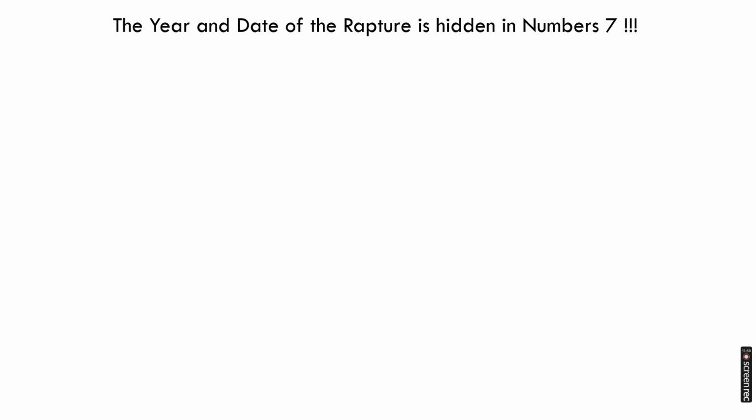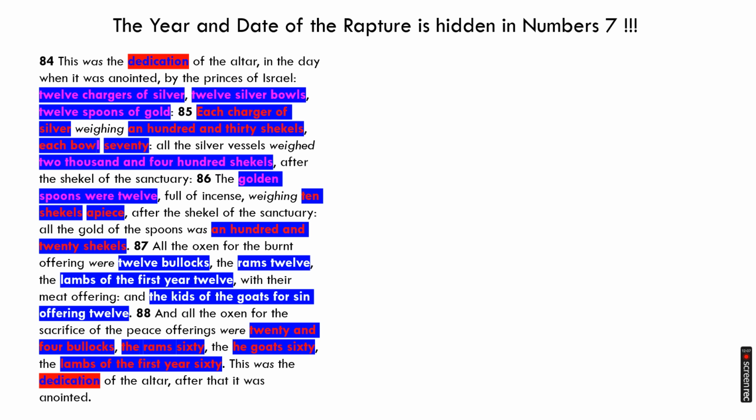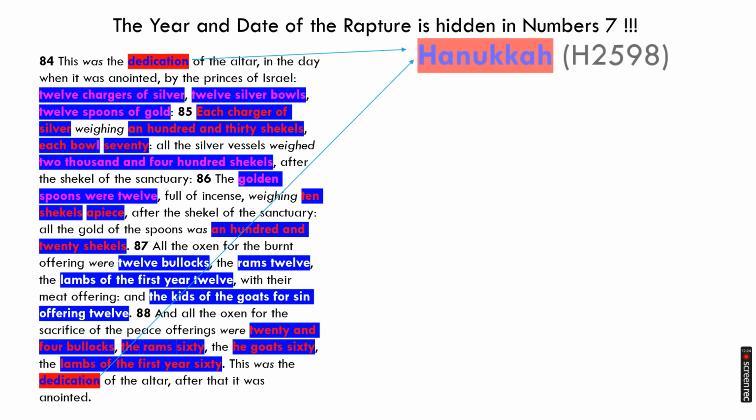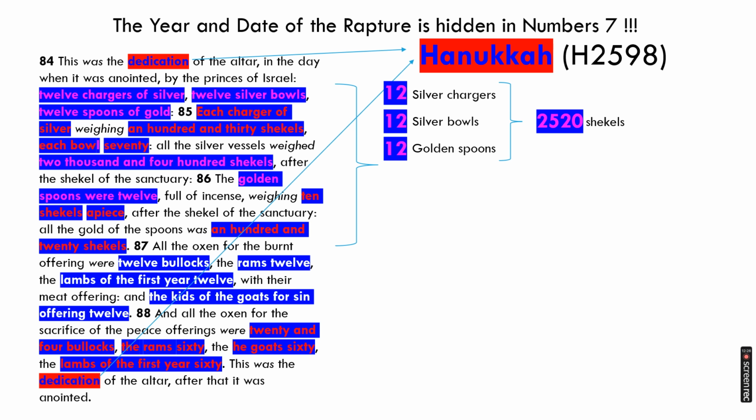Besides the animal sacrifices, the 12 princes brought gold and silver utensils. Numbers 7 consists of 89 verses, second only to Psalm 119, which has 176 verses. We jump straight to the end to see the summary of the Hanukkah sacrifices. 12 silver chargers or platters, 12 silver bowls, and 12 golden spoons. Their total weight is